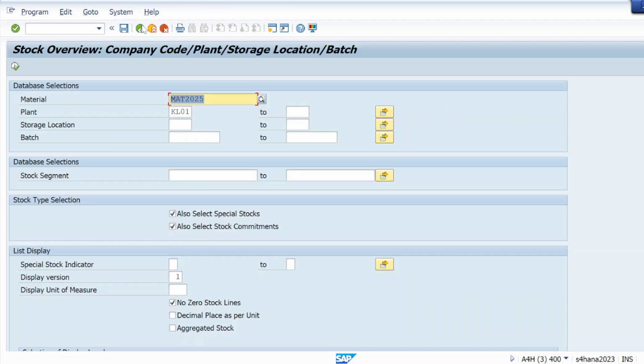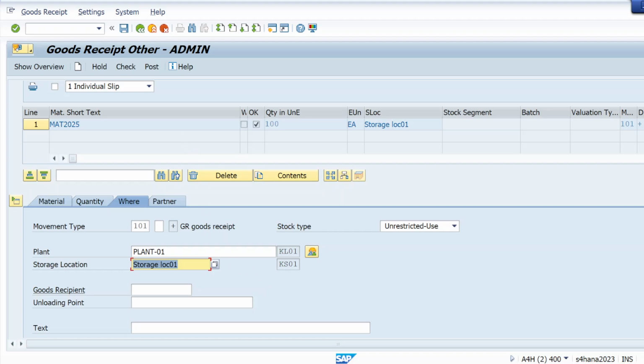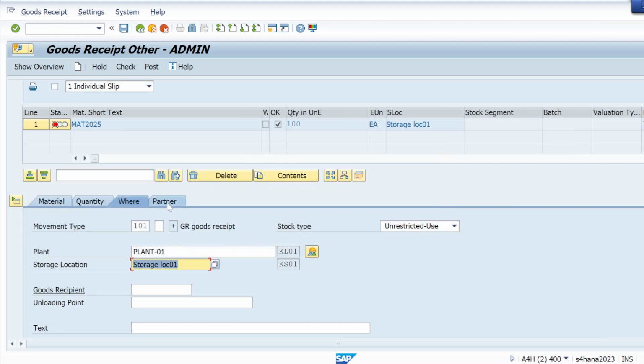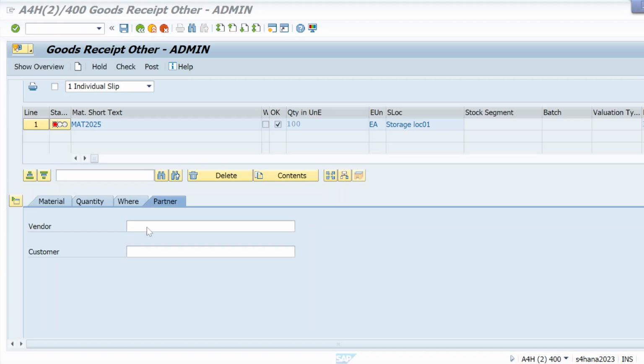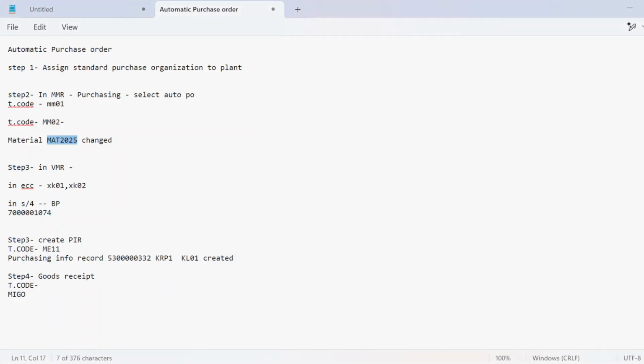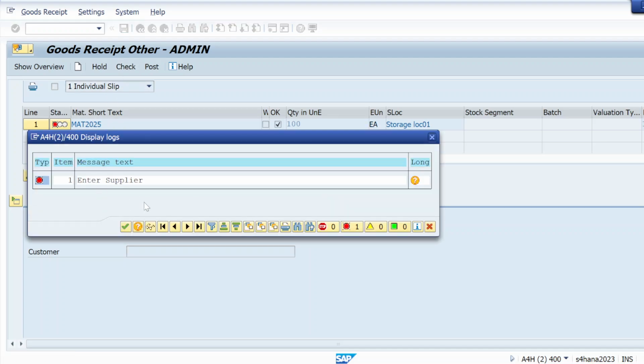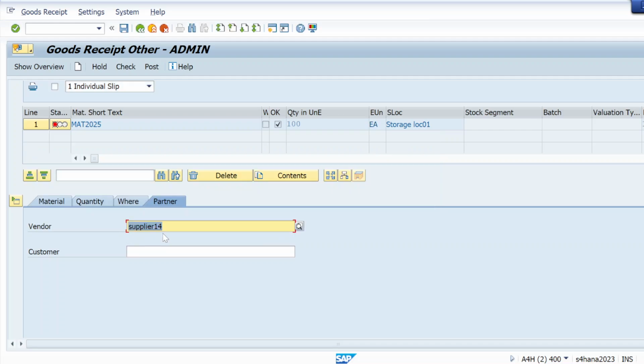So just go back and check. Enter supplier. Here the supplier number we need to maintain. Copy and paste, hit enter, check. Enter supplier.